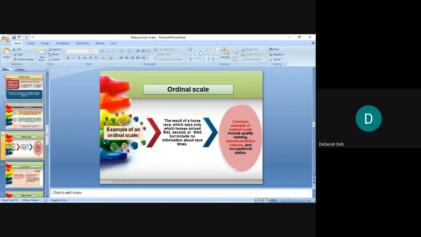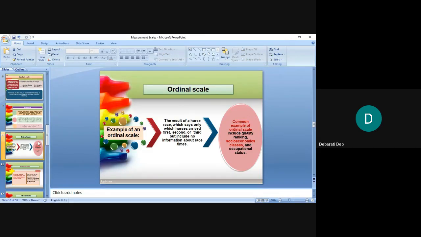So, just remember, keep in your mind, don't forget ever that nominal scale will only help you in numbering the items. You can just name the items with the help of certain numbers, but in ordinal scale, you can say which one is better than what. Like socioeconomic classes, you belong to upper class, but I belong to middle class, so you are better than me economically, right? So like that, I can rank who is better than whom.